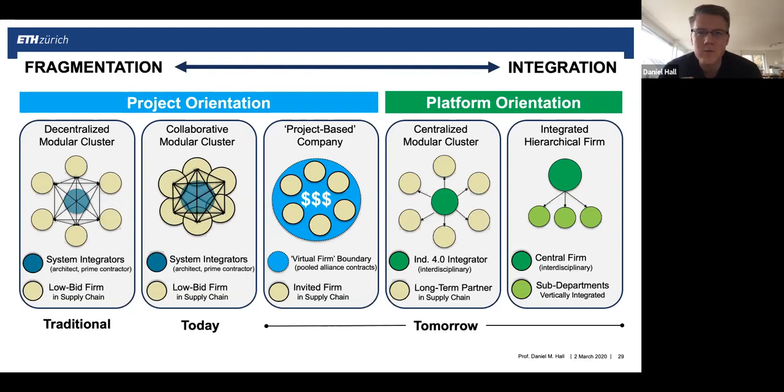This is very different than how we treat buildings today, which is that every building is a prototype. We often start from scratch. But having a very specific product platform enables us to kind of take lessons from project A and feed it back into the next version, the version 2, the version 3, the version 4 of the product platform. And we'll talk about how that works in a future lecture when we talk about product platforms in construction.